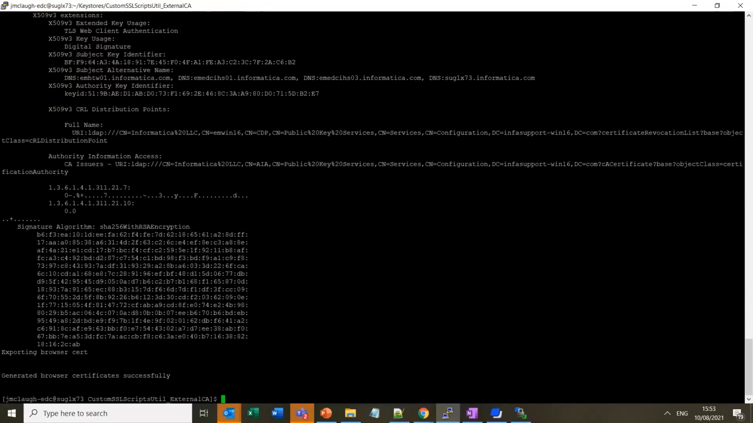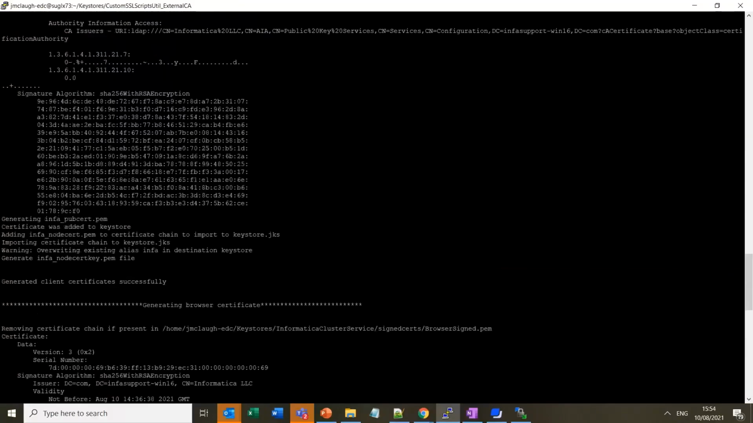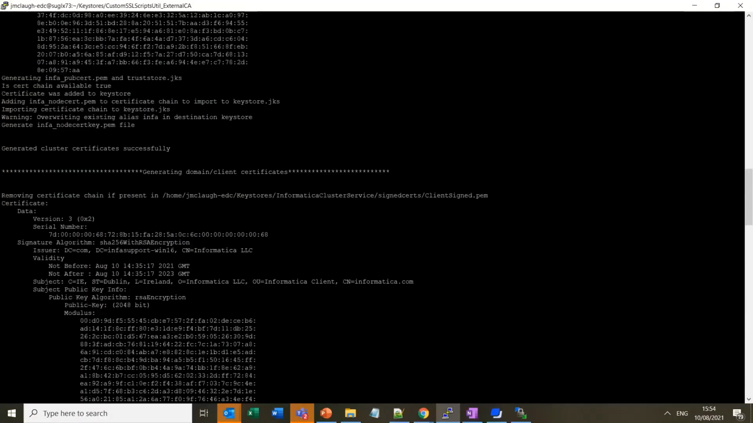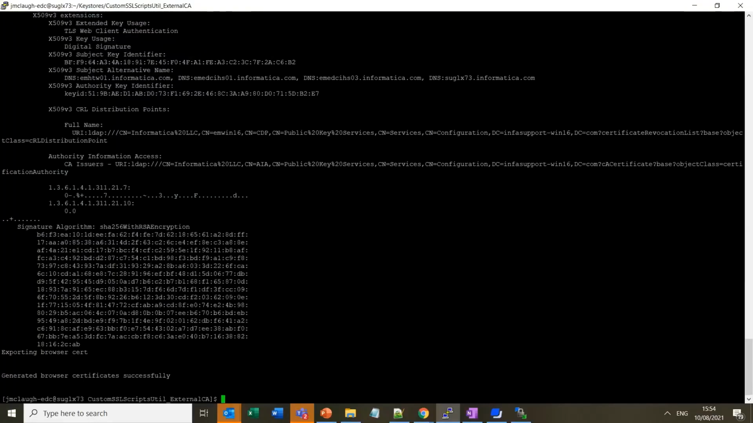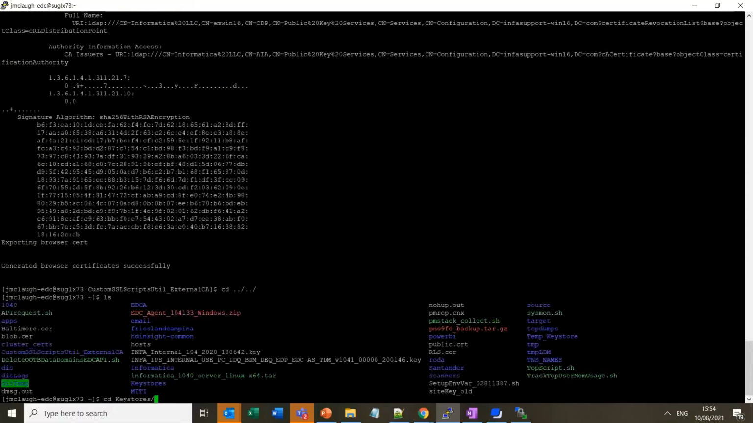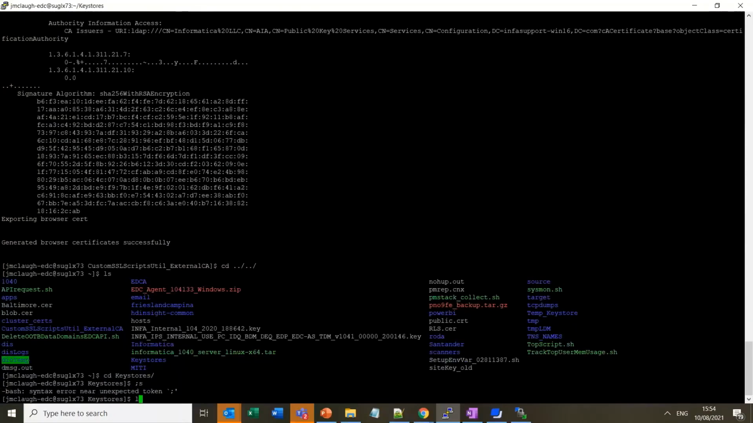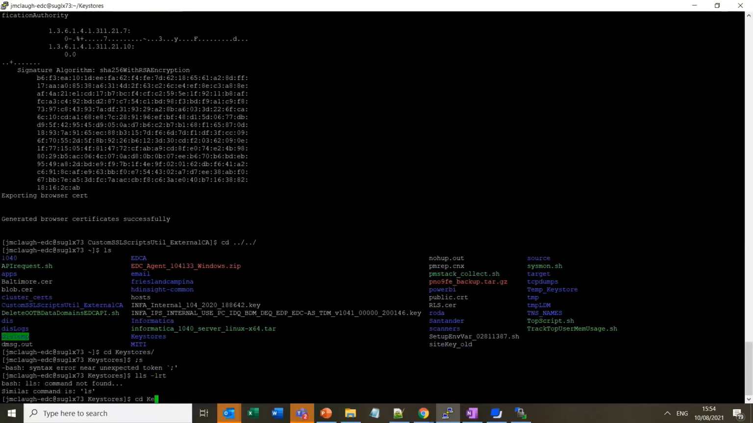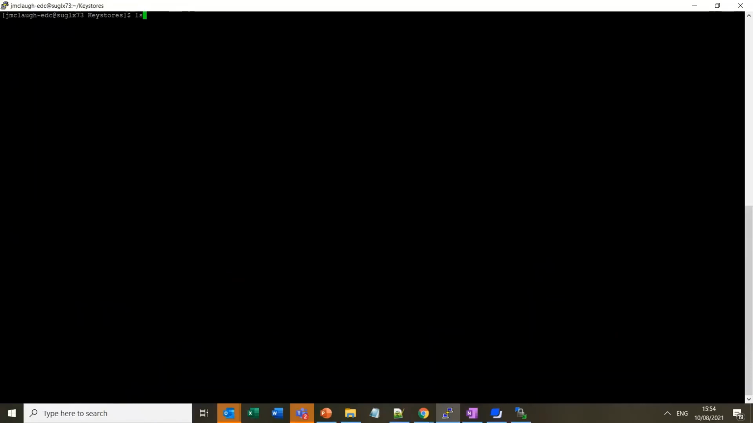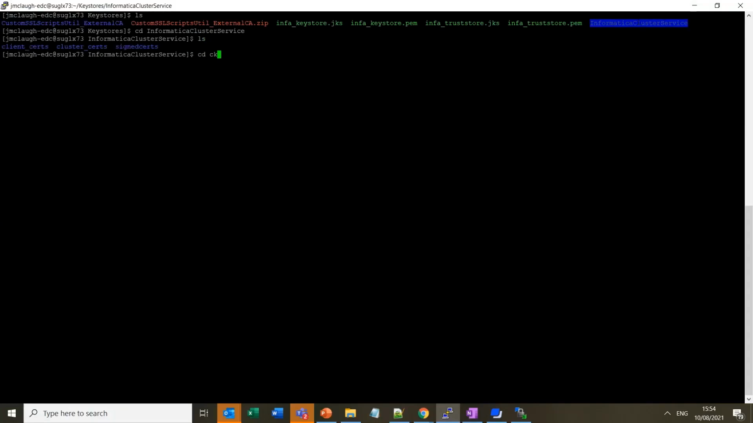So now everything's been imported successfully: the browser certificates, the client certificates, and the cluster certificates have imported successfully. So if I go back to that directory that I had before, and I go into the Informatica cluster service directory, and if I go into the cluster certs directory,